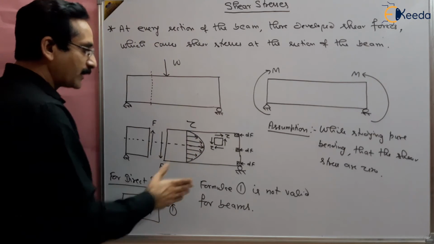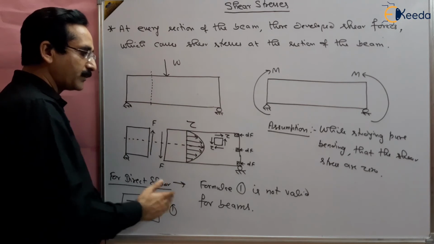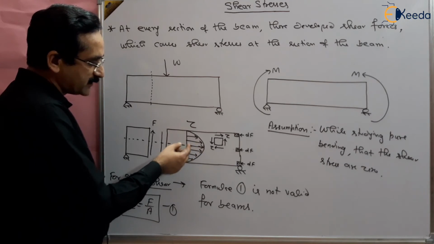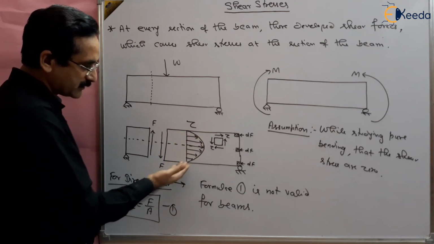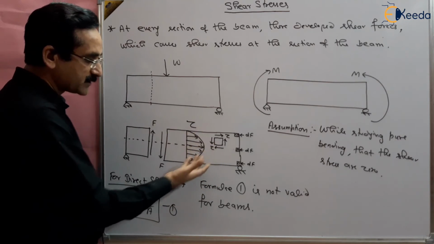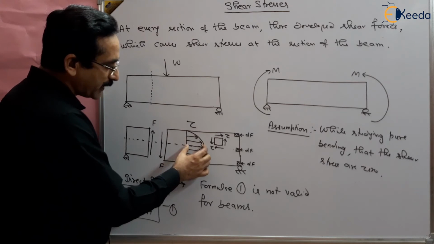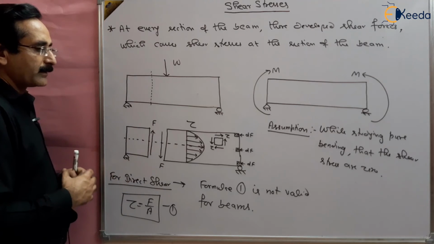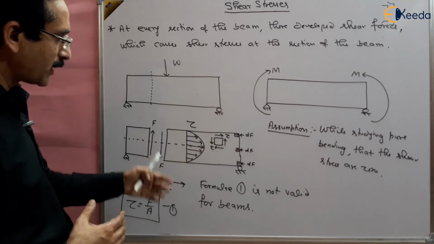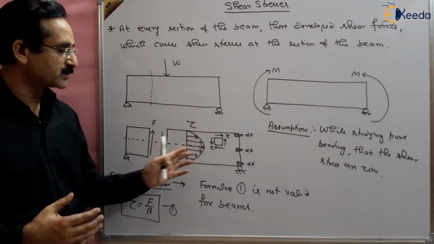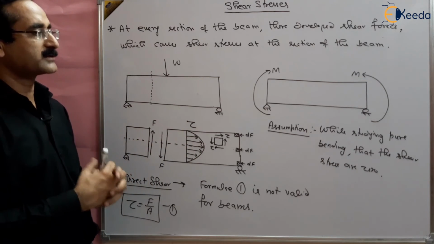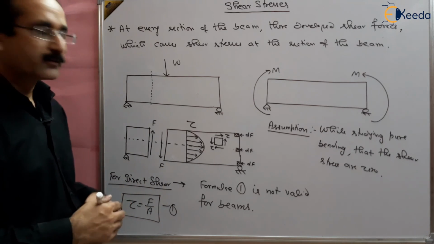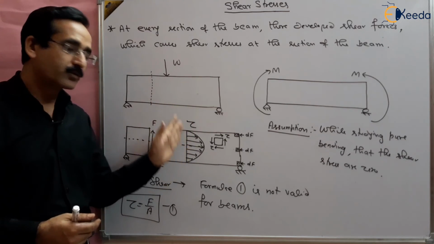Also the shear stress varies at different sections of the beam and at different points of a given cross section. When we go to the neutral axis, you can see here we have shown this curve, but later on we will derive how this curve is obtained, right? This is parabolic and maximum at the neutral axis, and it is zero at the outer fibers. How this equation came, how we derive that the shear stress distribution is parabolic, we will discuss in the coming topics, and we will derive a formula for finding the shear stress at a cross section of the beam.